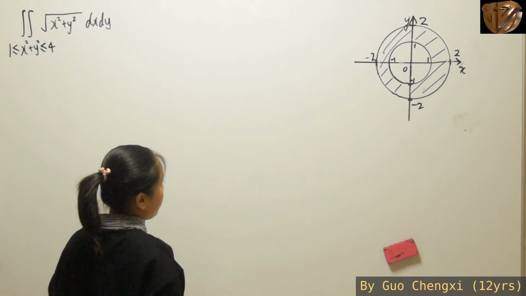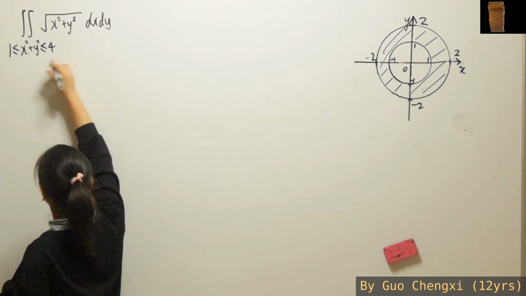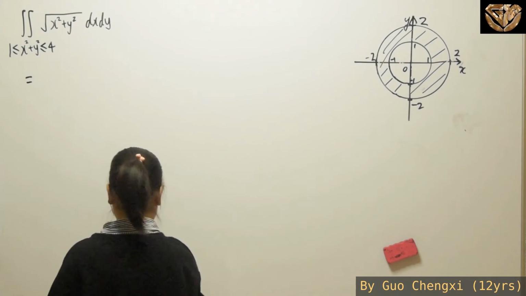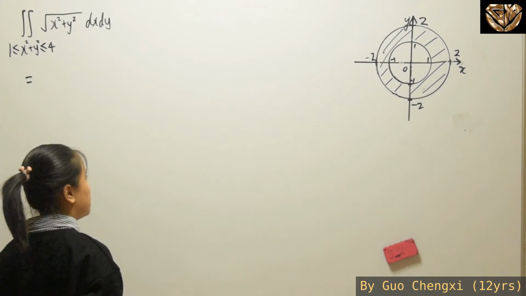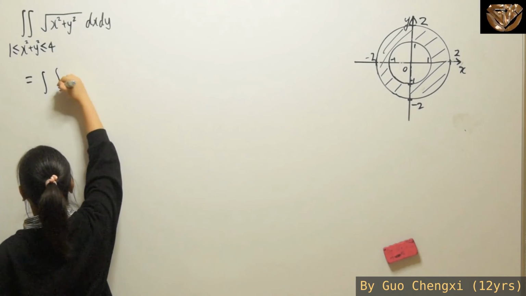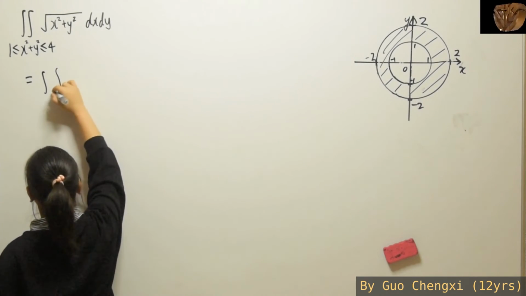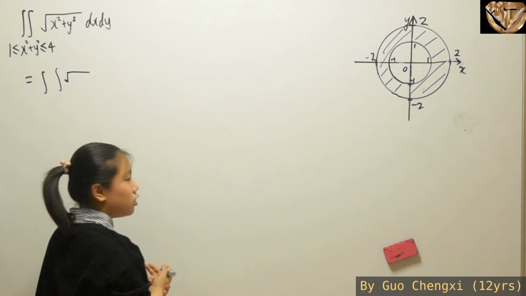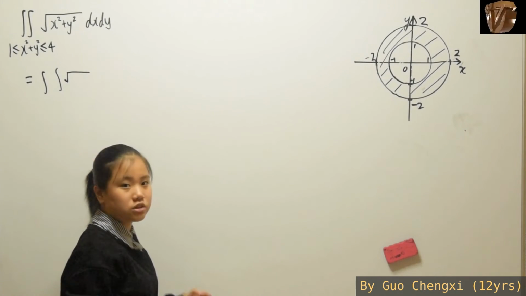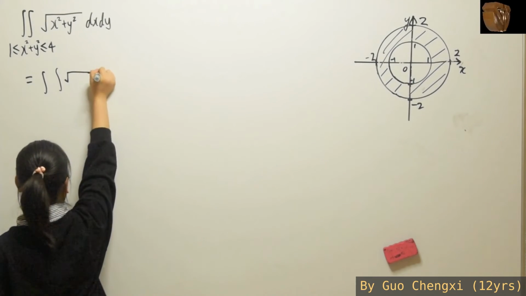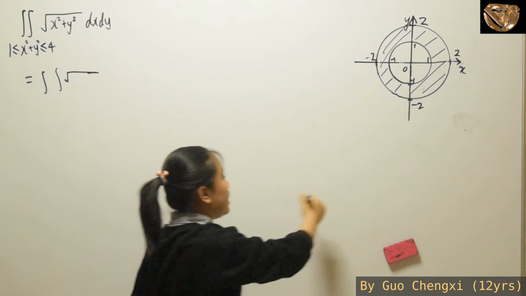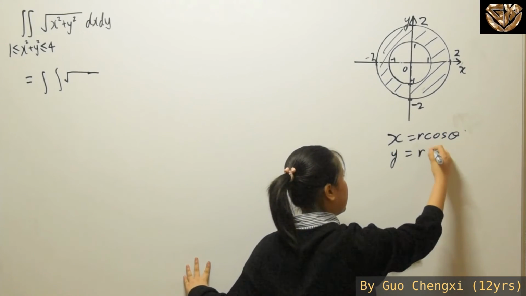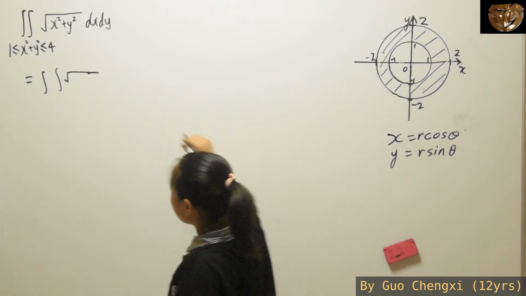Okay, now that we have already drawn the model, so for this part, we have to change from Cartesian coordinates to polar coordinates, whereas we already know what the boundaries are. So for this part, first we need to see this part in order to tell if we are going to integrate with respect to r first, or with respect to theta first. So what we're going to have here is x squared plus y squared, and since x is equals to r cosine theta and y is equals to r sine theta, so for this part what we're going to have is